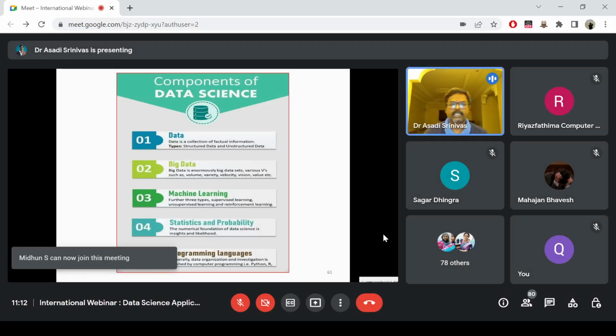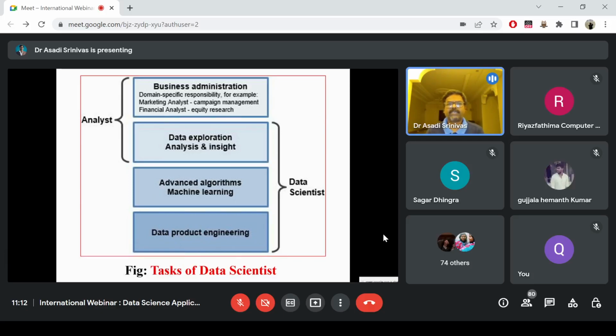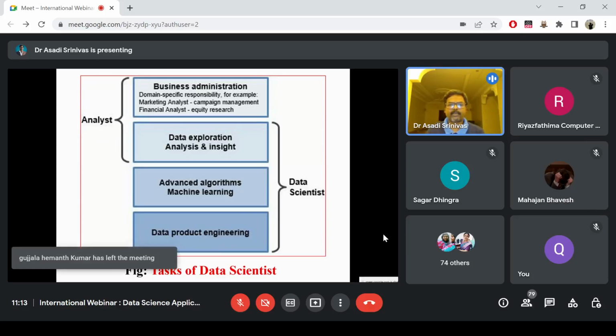These are the components of data science. So, tasks of a data scientist: the difference between a data analyst and a data scientist. A data analyst performs majorly two tasks, that is called business administration. It includes marketing analyst and campaign management, financial analyst, equity research, etc. And a data analyst performs data exploration tasks and analysis and insights. Including these two topics, a data scientist is applying advanced algorithms and machine learning approaches and data product engineering,